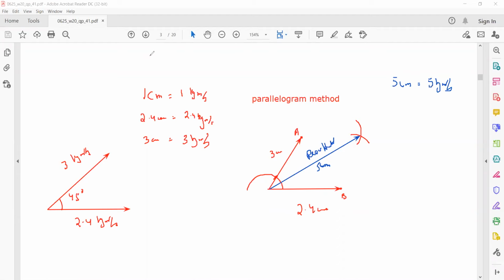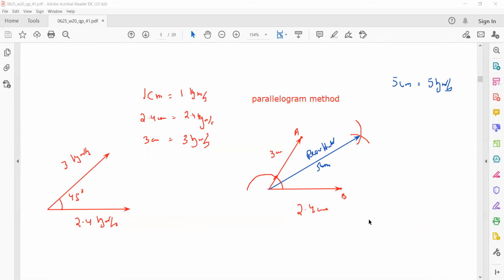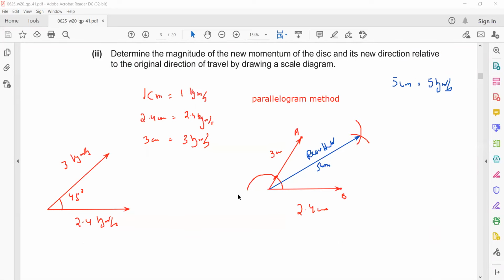And for the angle, they ask for the direction relative to the original direction, meaning the angle with the original. The original direction is the same as this 2.4. So using a protractor,